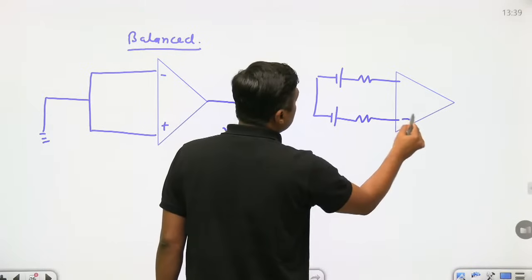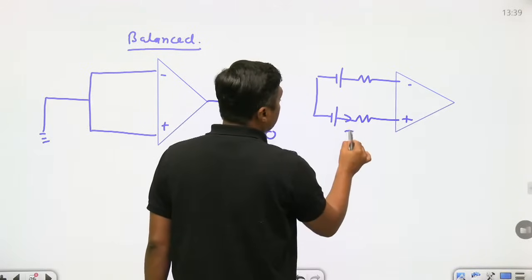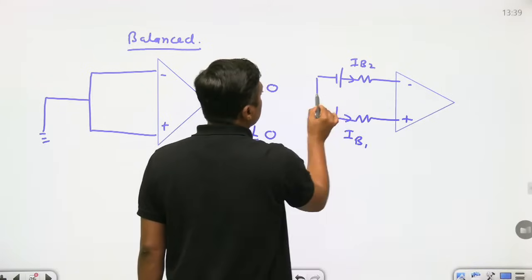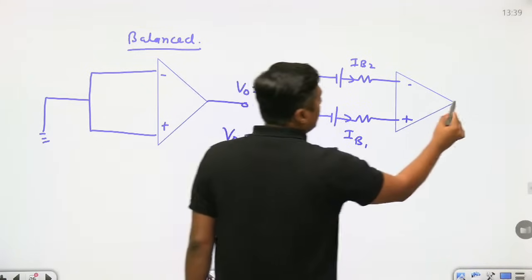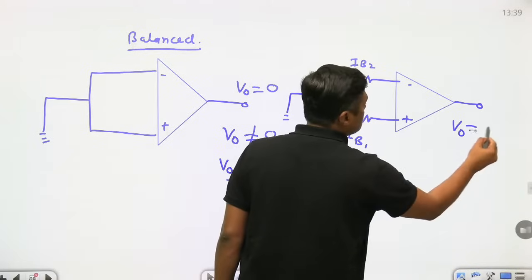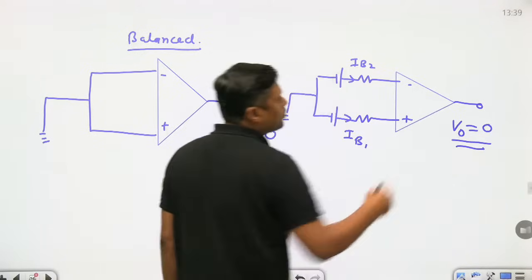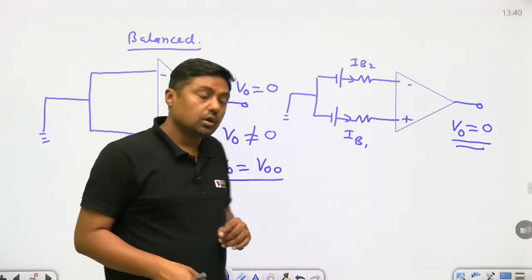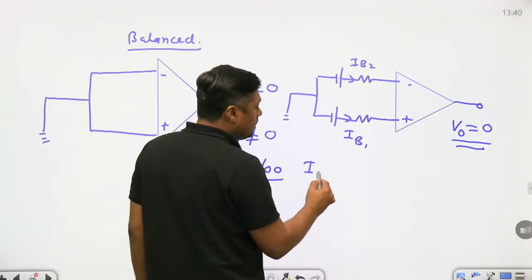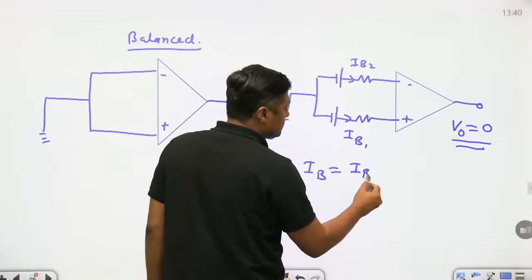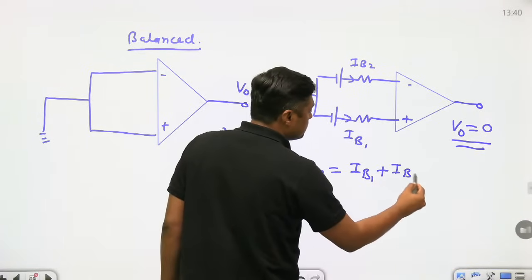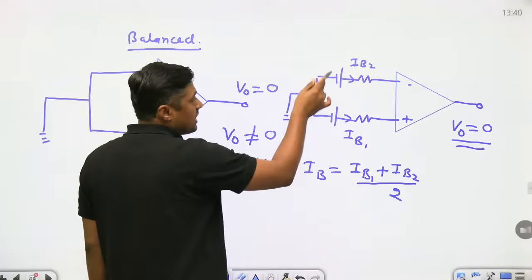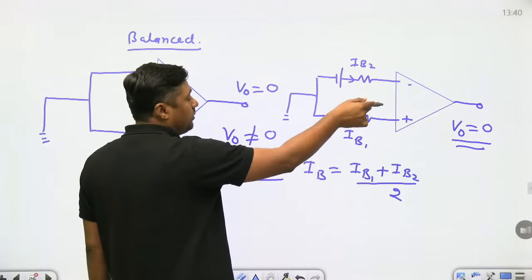We are passing two separate currents through these terminals, that is IB1 and IB2. Finally, we want to balance the operational amplifier. Without an input, output should be equal to 0. Here we are passing IB1 and IB2. The average value of this is called bias current. That was the question in the ISRO exam. Average value of these separate currents passing through the op-amp to balance the op-amp